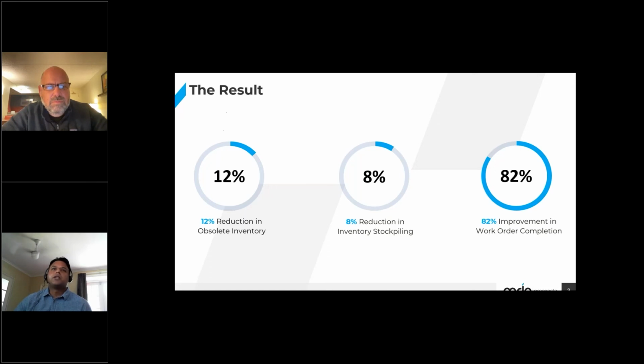I've already spoken about inventory stockpiling. We've embarked on an inventory optimization project as well, which is implementing IBP in our demand planning and IO phases. So some of the inputs from IBP, and vice versa, into our MDM platform are so important, because IBP helps us to identify that planned and unplanned consumption, and then also helps to feed those inputs back into the maintenance plans and task lists, so that if you're constantly buying this for that asset,